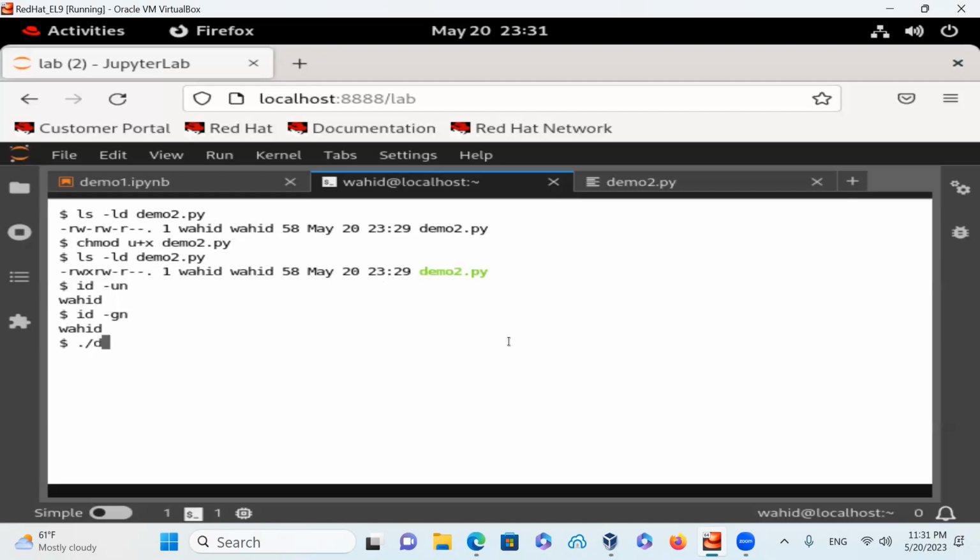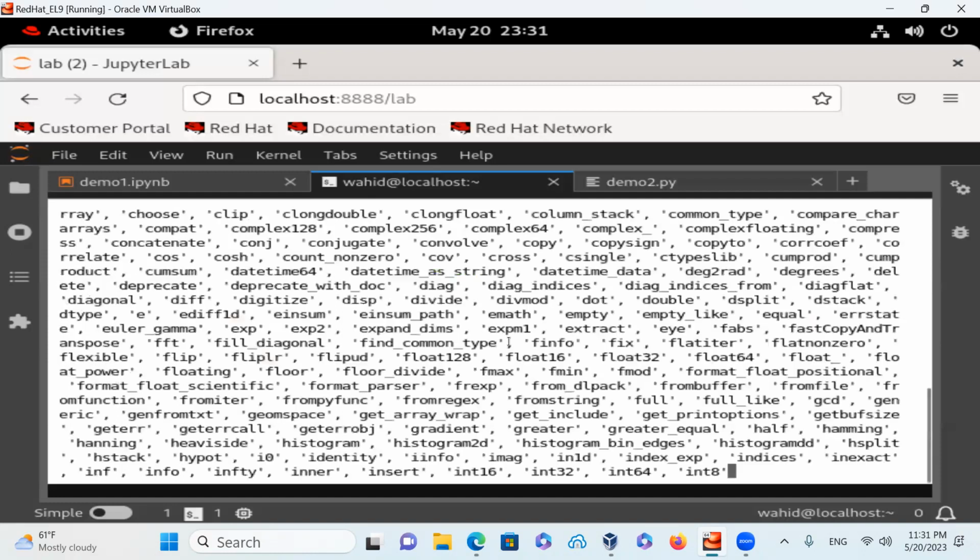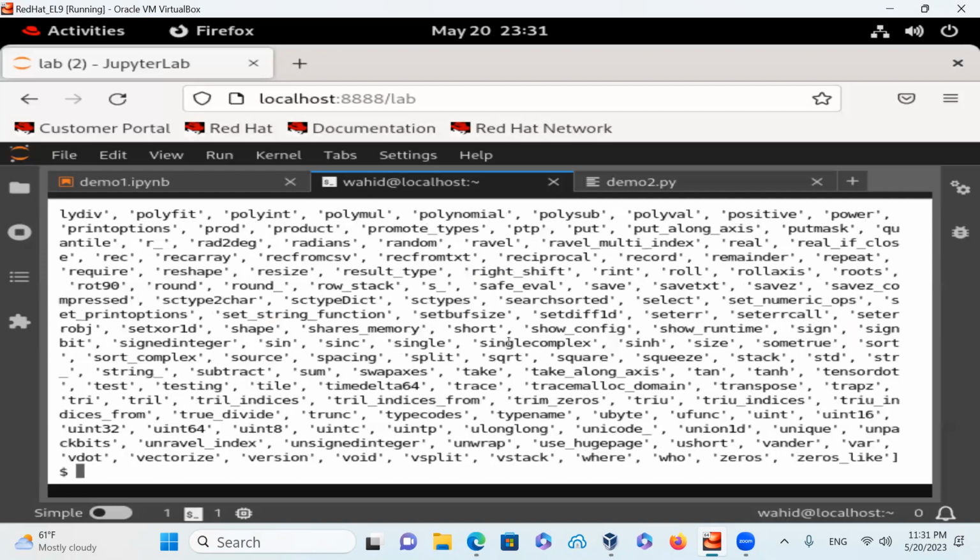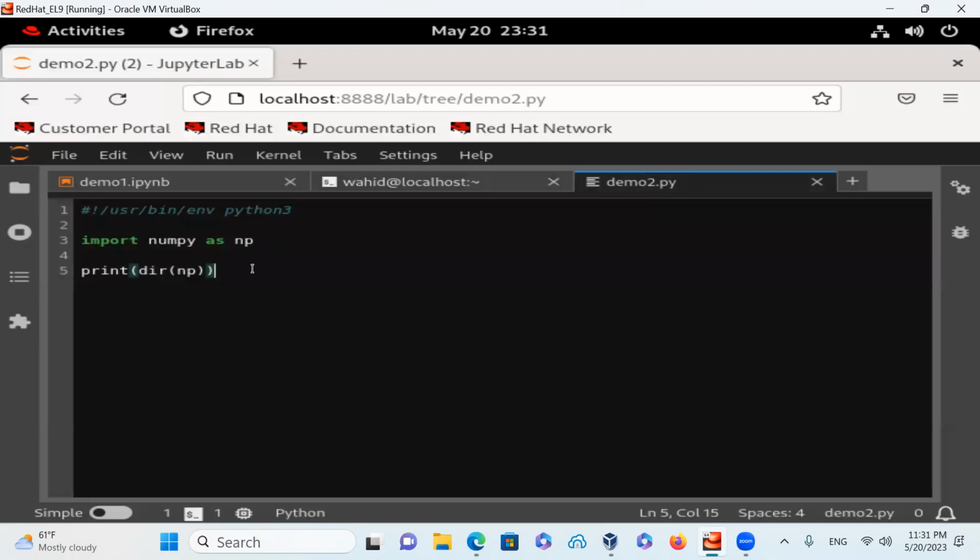So then I could just say demo2.py, and then I don't need to run any other commands. So instead of doing just the dir, if I come back here and comment this one out, we just do one function as numpy. Let's say array1 is equal to numpy.array, and then we say array of 1, 2, 3, and then just print that one as an array